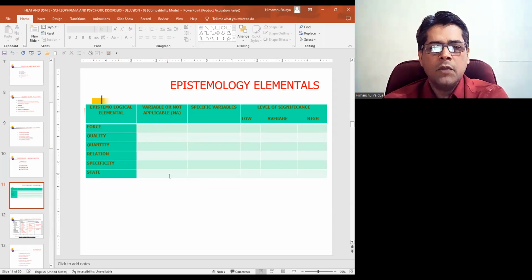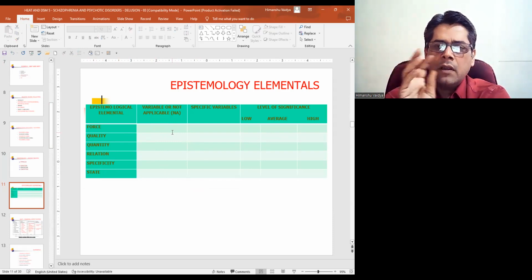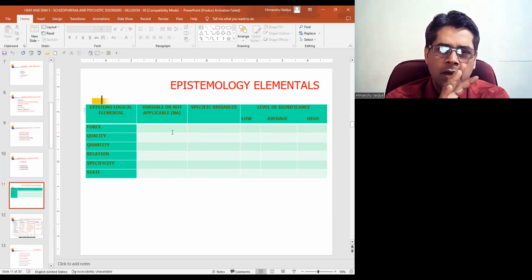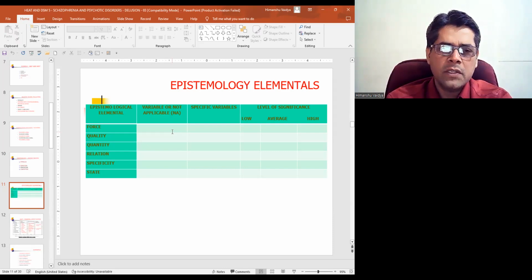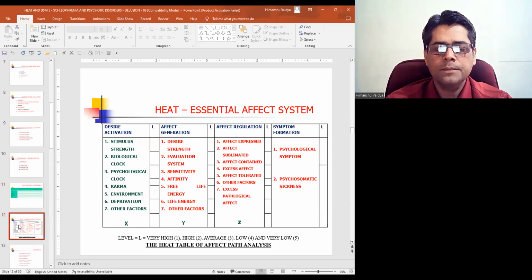This requires data from the case history. This can be applied to any particular event, either just the delusion itself or any event where the delusion starts or ends. This can also be applied to the way he thinks in general when he narrates any incident. So this allows us to find out which epistemological element is off track and then address it in therapy. Also in self-work. This also is very interesting for giving self-work.